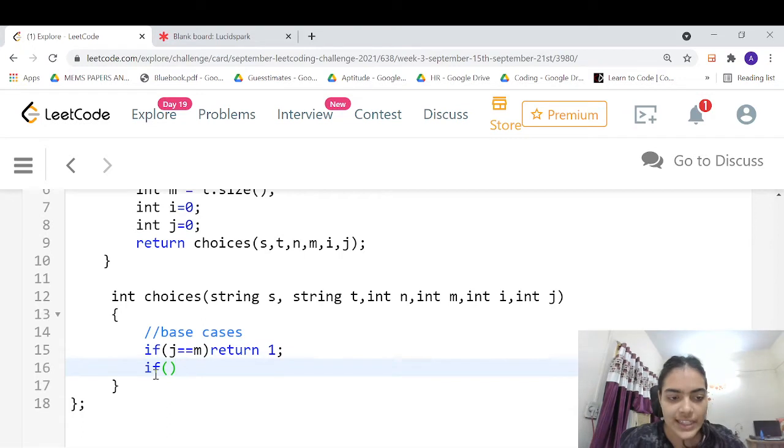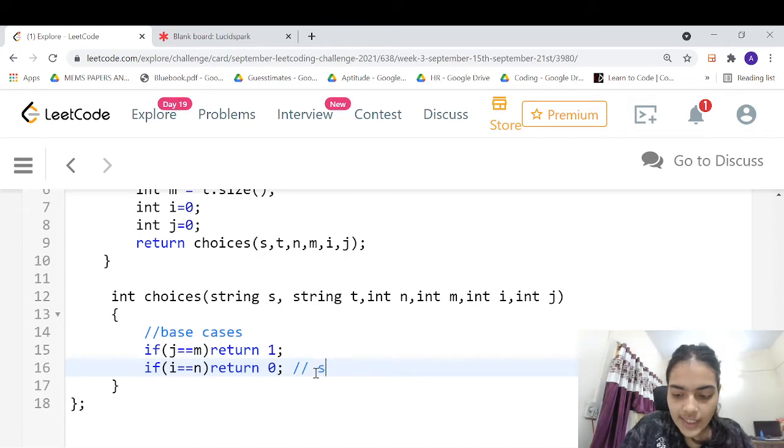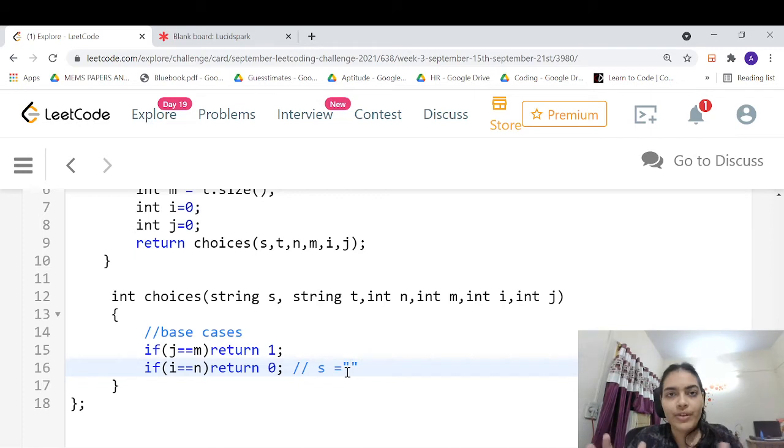Otherwise, else if you have reached the end of the string s, in that case you have not been able to form the characters, because some character of string t will be remaining. Let's take a case. For example, s has become an empty string, like when we saw the examples, but t still had some value, let's say g.